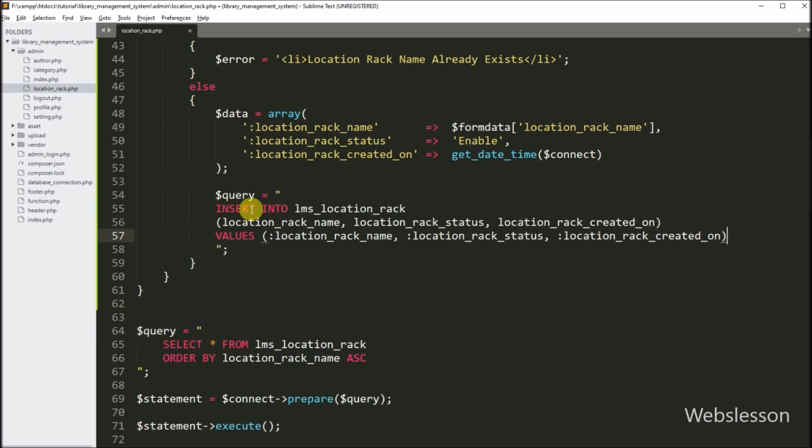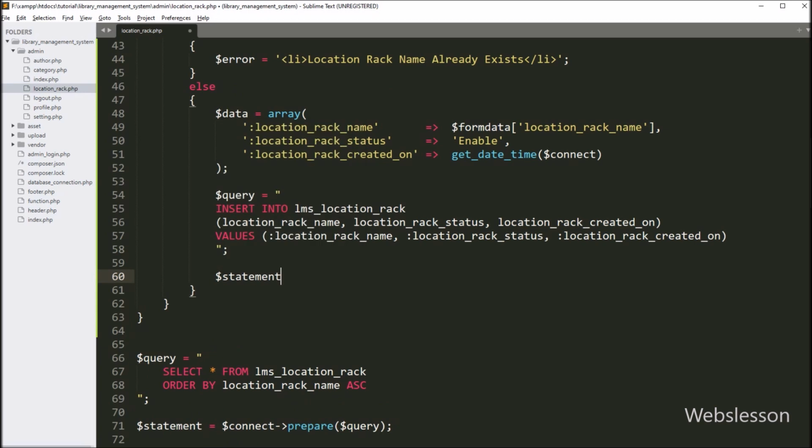For inserting data into the location rack table, here we have to write the $query variable equal to an insert into location rack table query with table columns like location_rack_name, location_rack_status and location_rack_created_on, with values taken from location rack name, location rack status and location rack created on.